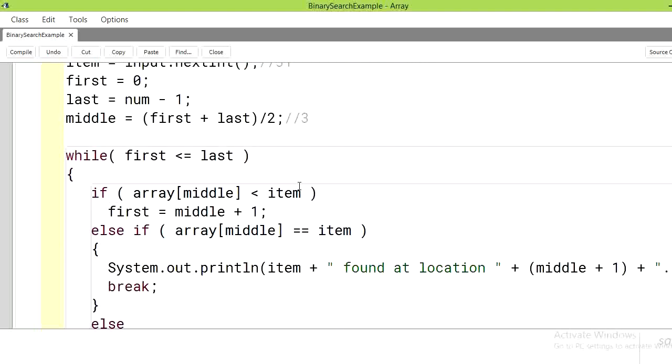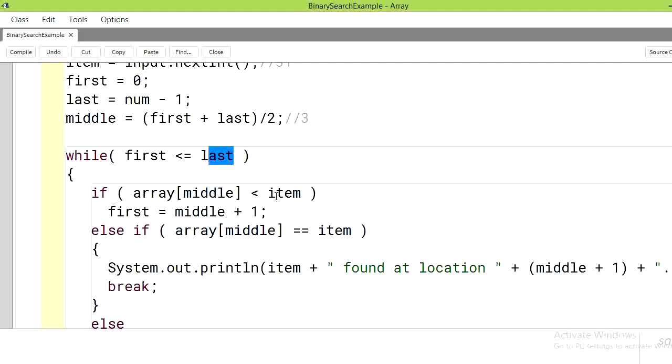Then first you have to check whether the first index is less than or equal to the last. Yes, the first index is 0 and the last index is 6, so it will come inside the loop. The array's middle position element is 55.